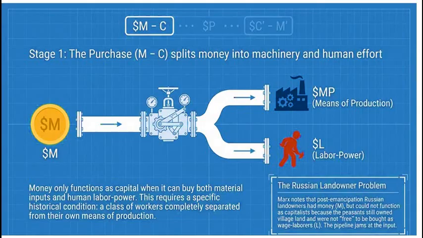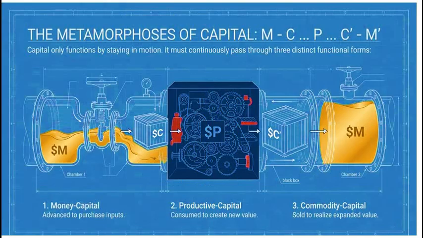Engels argues that a perfectly parallel thing happened in economics. Classical economists, guys like Adam Smith and David Ricardo, they absolutely knew that profit existed. They saw wealth accumulating, but they treated profit as just a simple addition to a price or maybe a deduction from wages. They had the gas, but they didn't know what it was. Engels claims that Marx, much like Lavoisier, didn't invent profit. Rather, he was the very first to fully dissect its anatomical structure, scientifically identifying it as surplus value. And honestly, understanding exactly how that surplus is generated is the key to decoding the supply chains that still run our entire world today. Section 2, decoding the capital formula.